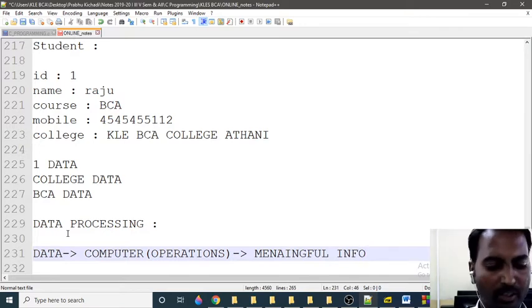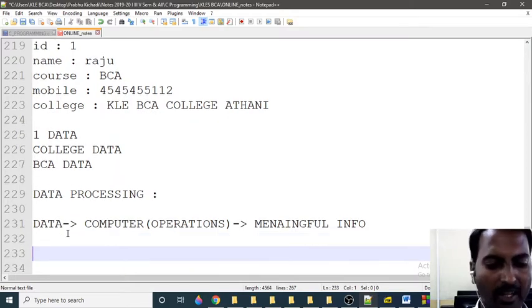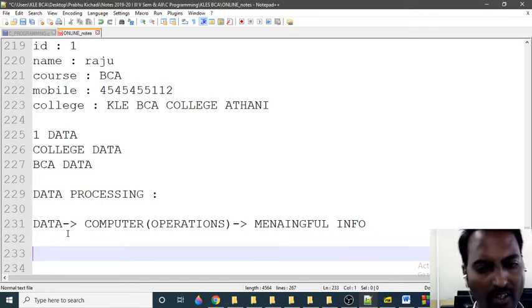So data is anything that has raw facts, figures, images. Data processing is supplying data to the computer, which performs certain operations on data and generates certain meaningful information.